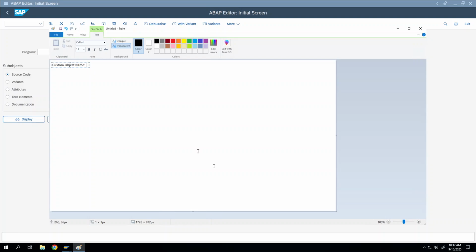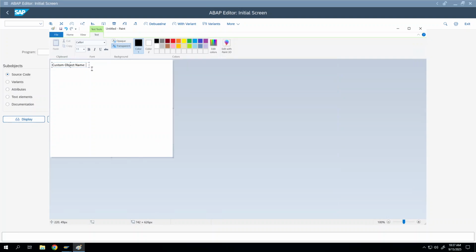There is a rule in SAP. What is that rule? The name of the custom application or custom object should start with Z or Y. The name of the custom application name or custom table name should start with Z or Y. For example, Z demo